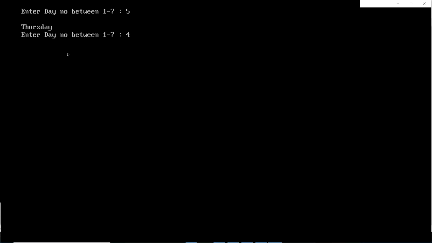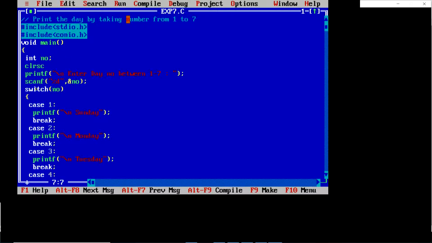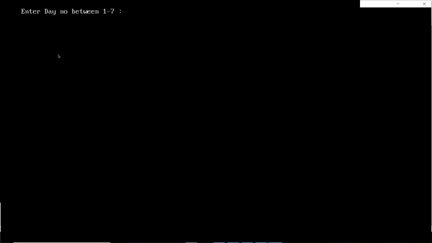Let's see, I enter 4, it displays Wednesday. Here we use the clrscr function. If we use the clrscr function, then it clears the output screen. Control F9. Here the output screen is cleared. Here I enter 10, so 10 is an invalid value, so it displays please enter proper input.